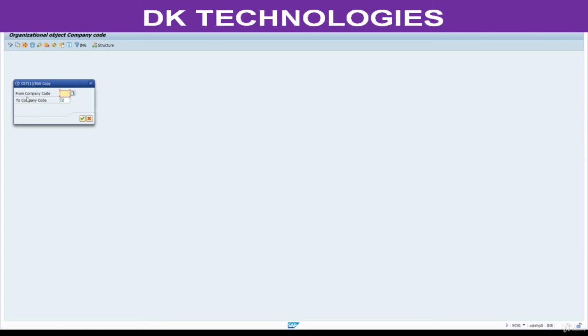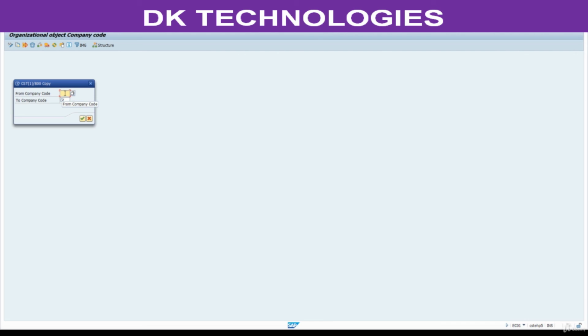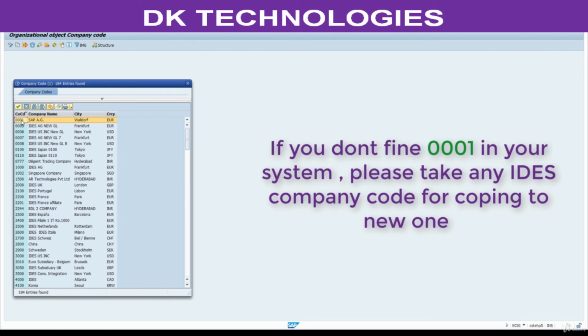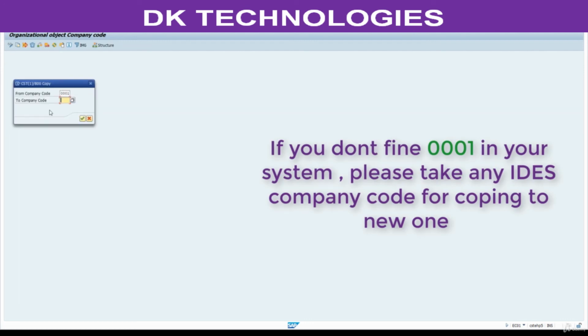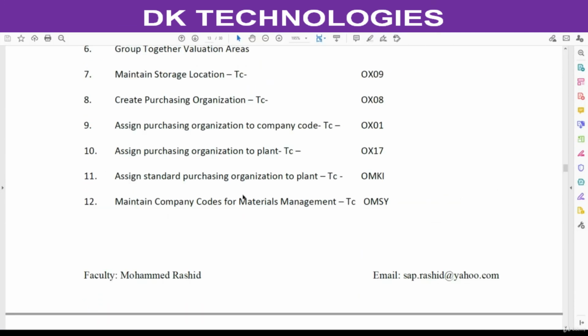Here, from company code to company code, you are going to find the fixed portion. What you have to note down is whatever variable portion I am entering here. Here I am going to use this one. Here, to company code. So the company code names, everything I gave here.